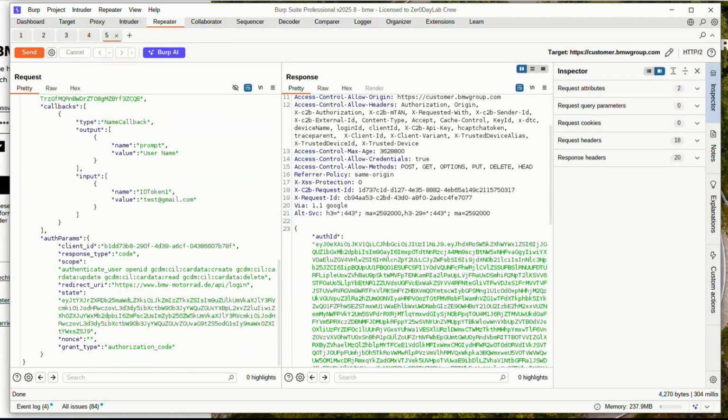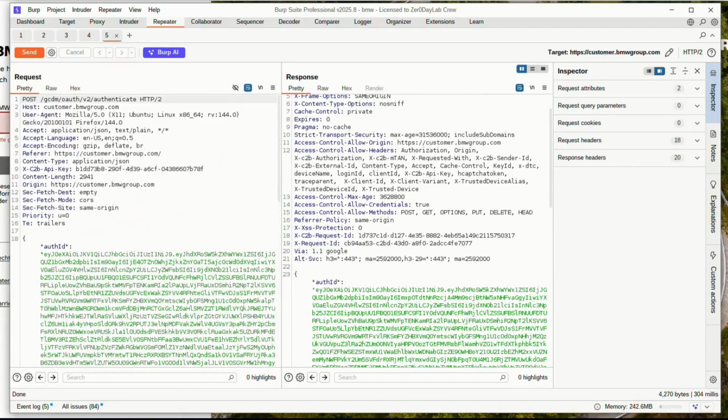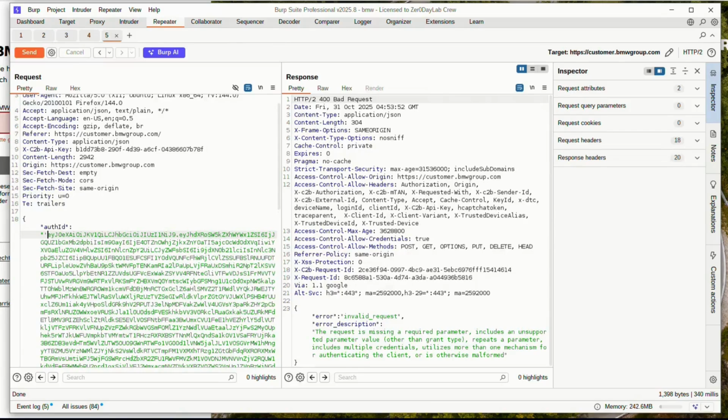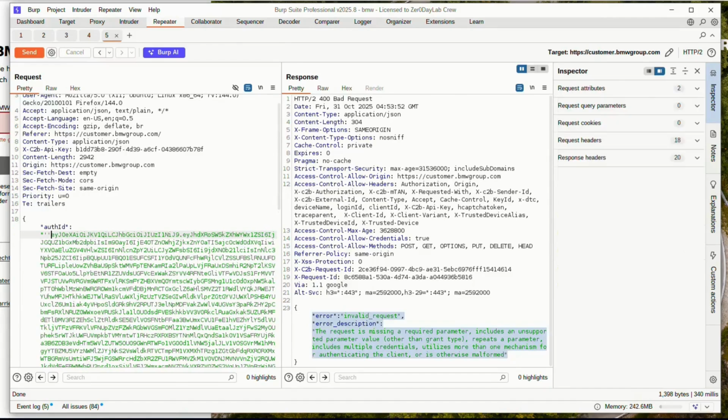Our first step will be to submit a single quote. Let's try to submit something here, and now we have to check for errors or any differences. We got an error, invalid request. Let's send one more.